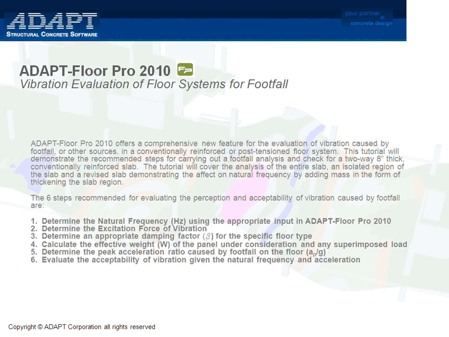The 6 steps recommended for evaluating the perception and acceptability of vibration caused by footfall are: determining the natural frequency using an appropriate input in Adapt Floor Pro 2010, determining the excitation force of vibration, determining an appropriate damping factor for the specific floor type, calculating the effective weight of the panel under consideration and any superimposed load, determining the peak acceleration ratio caused by footfall on the floor, and evaluating the acceptability of vibration given the natural frequency and